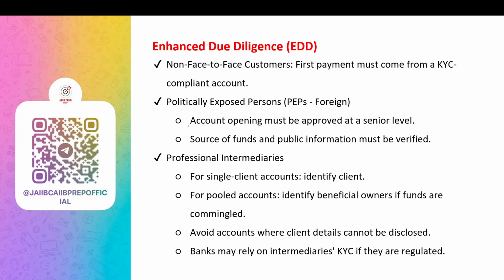For politically exposed persons, these are persons holding important political or government roles. They are considered as high risk customers. So only senior officials in the bank can approve such accounts. Bank must check whether online or public information is available about these persons. Bank must ask about the source of money, and same checks apply if a PEP owns a company even indirectly. So same checks and balances are applicable. If someone in India wants to open an account and says his uncle is a former foreign minister of another country, then the bank will treat this as a high risk case.